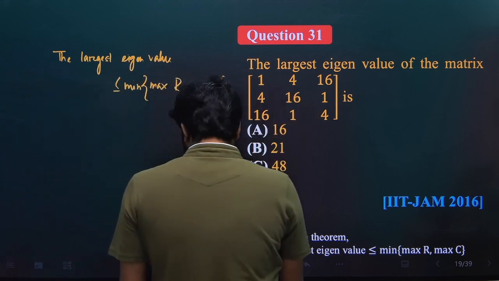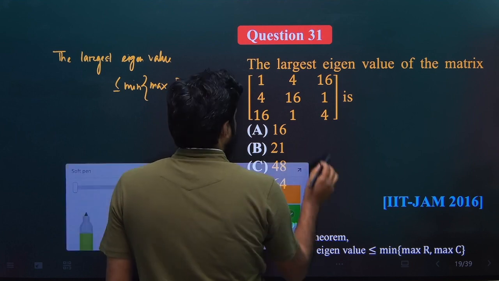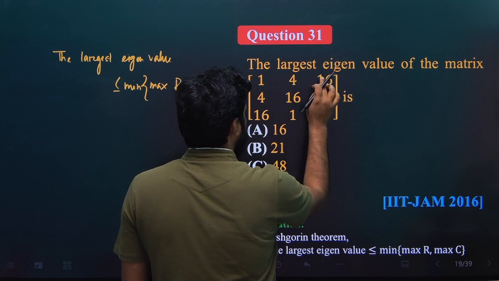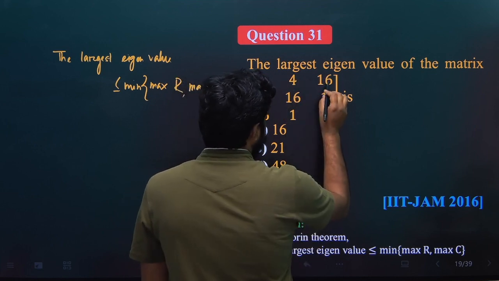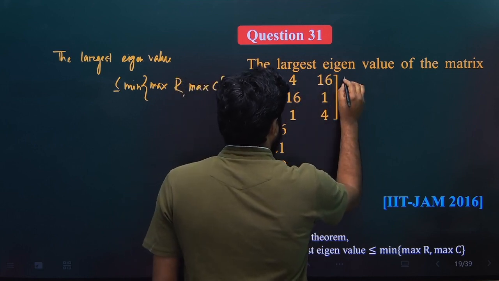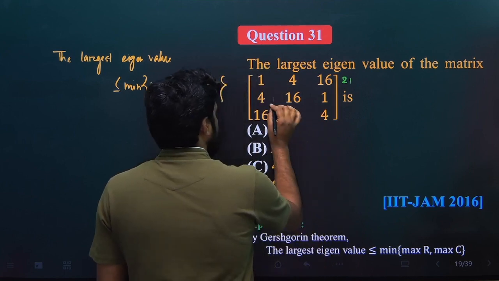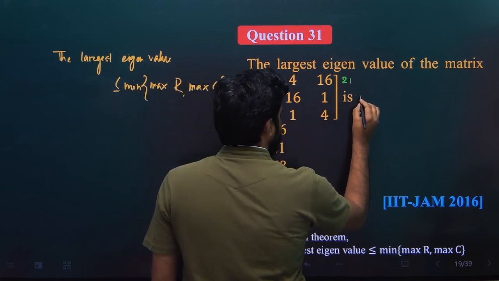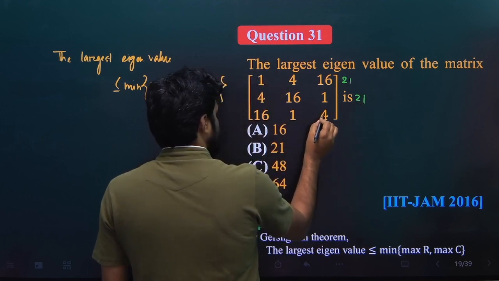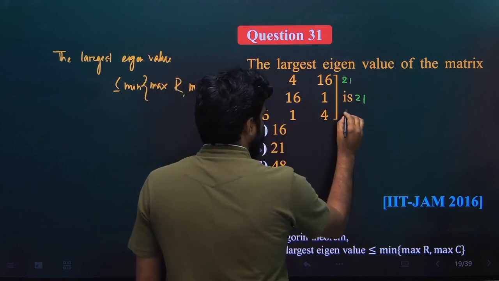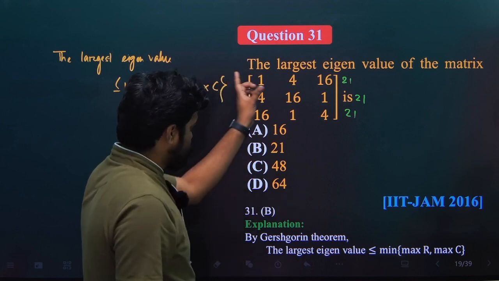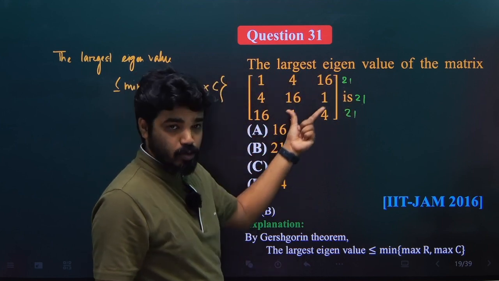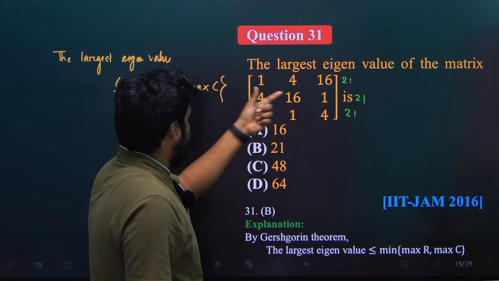দেখো এই যে ম্যাট্রিক্সটা দেওয়া আছে, just see if we add this, what is the row sum? Row sum 4 plus 1 is 5, 5 plus 16, that means 21, right? ঠিক, তাহলে প্রত্যেকটা রো এর সাম করলে আমরা কি পাচ্ছি 21, রো সাম ক্যালকুলেশন করব। ম্যাক্স আর, তাহলে এগুলোর মধ্যে